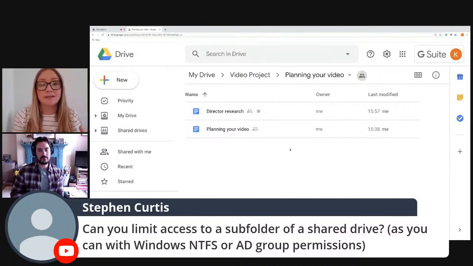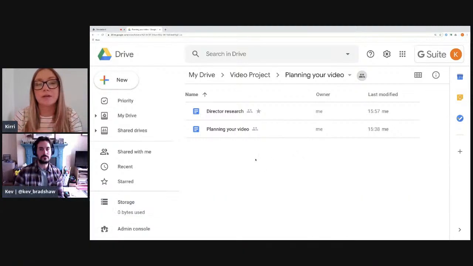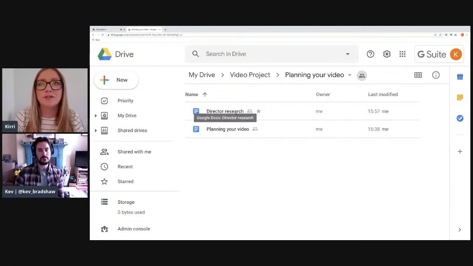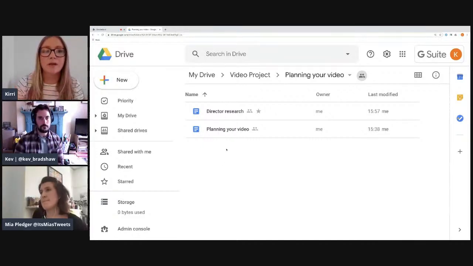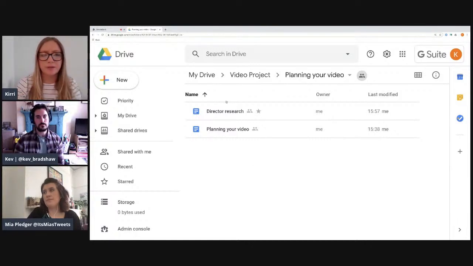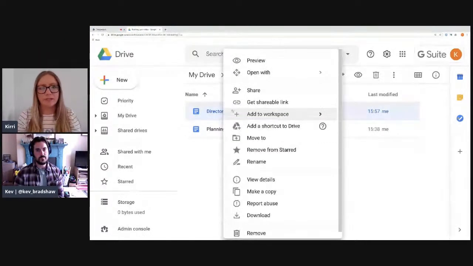So people still can have access, but as you can see, Mia showed us really clearly that you can break down those sharing permissions per drive. So you probably wouldn't create a drive where you have safeguarding content in the same drive as curriculum content, right? Because you're going to want different owners and different content managers around that. So it's just something to point out there. Kev, if you can just show us those sharing permissions again, I think that would be really useful.